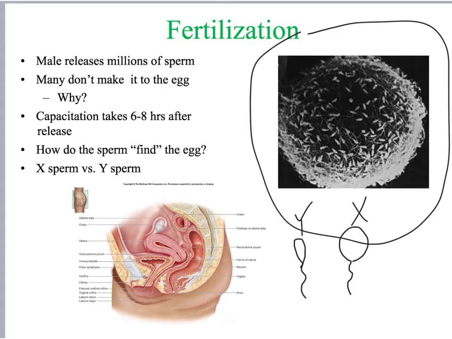Now, this isn't very effective because it's very, very hard to time ovulation, especially based on the variances between individual women. But it's an interesting idea, and it's kind of cool to think about the difference between Y sperm and X sperm and just how easy it is to sort them.